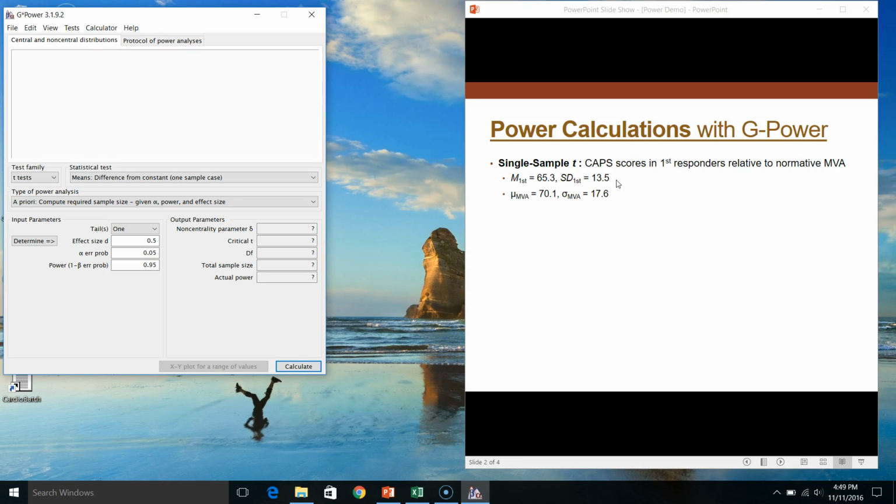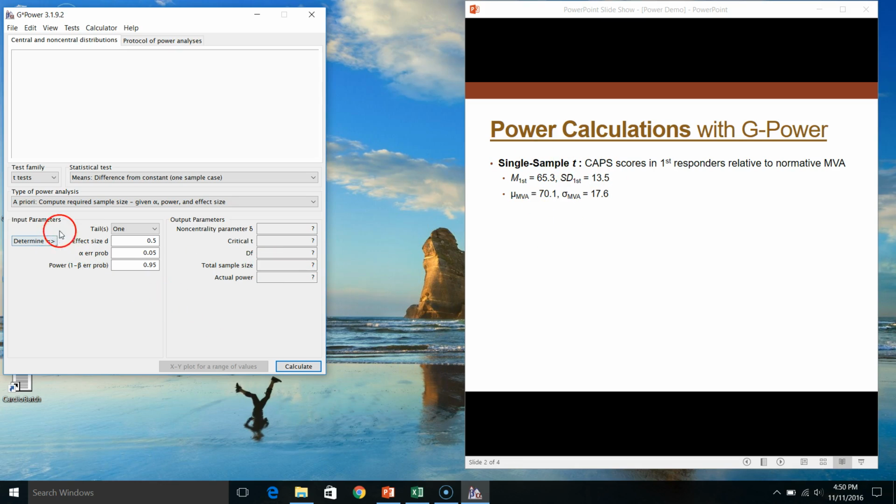How large of a sample do we need in order to capture this effect here? So what we're going to do is, with our reference material here, go back over to GPower. Once we've got a t-test, we say we've got a single sample case. We're looking at a priori power. We need to calculate the required sample size to achieve adequate power to detect the effect that we see in